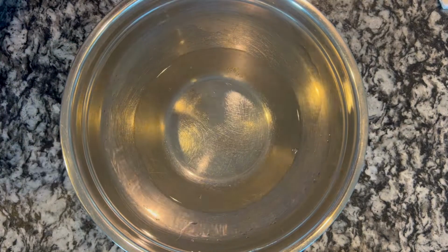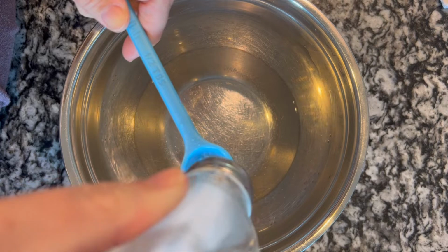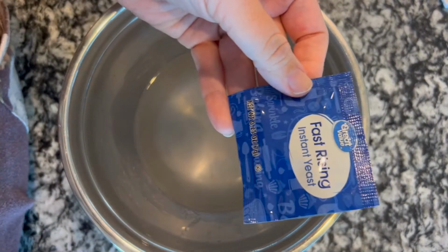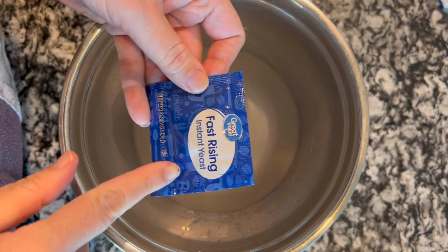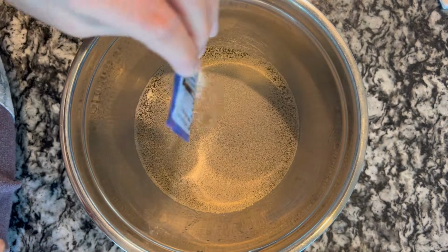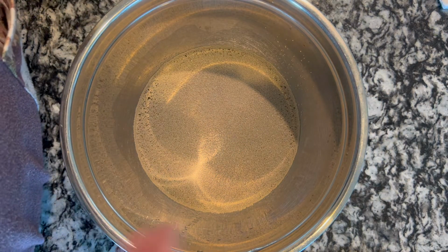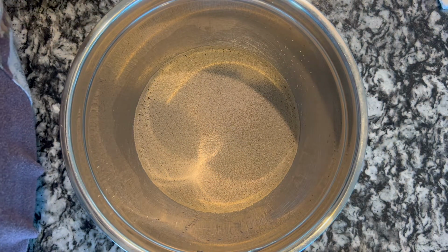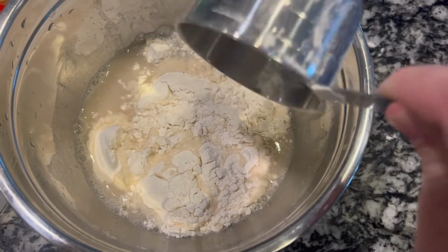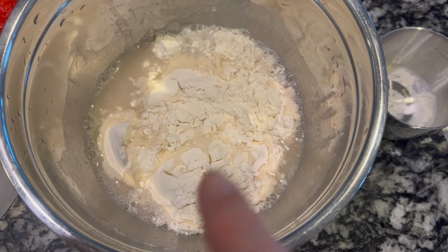Then I'm going to add 1/2 tablespoon of salt. And then 1 pack of my fast rising instant yeast that I got. And I'm gonna let that set for 4 or 5 minutes until it's bubbling up and the yeast has activated. So you're gonna add to the yeast and the salt and the water, you're gonna add 3 3/4 cups of